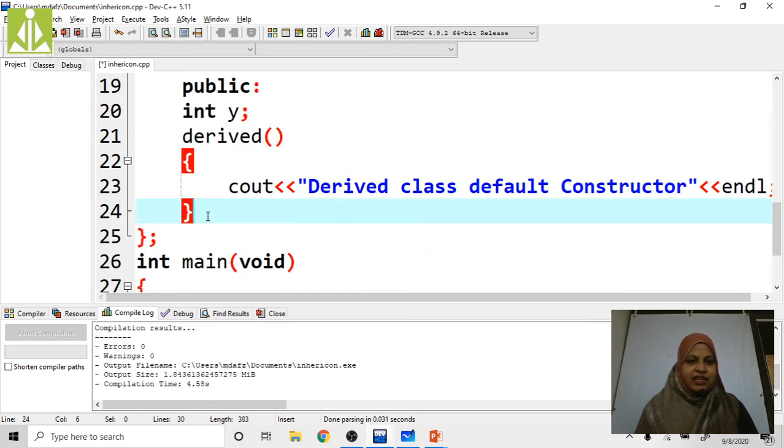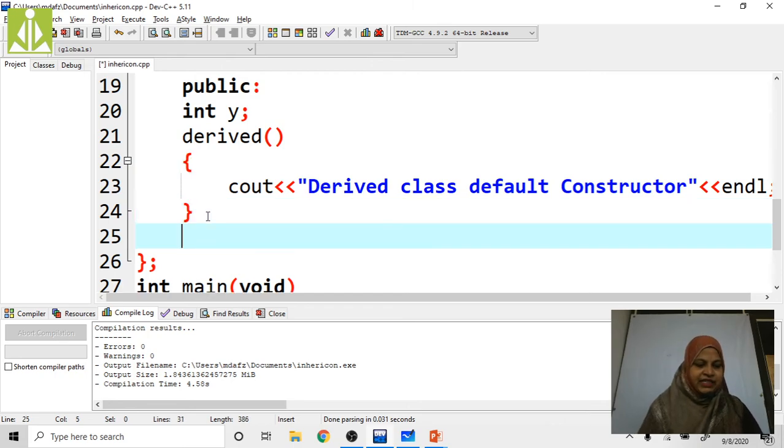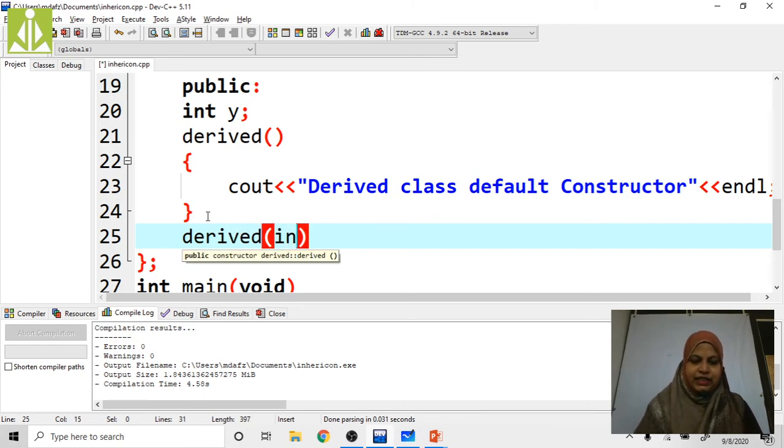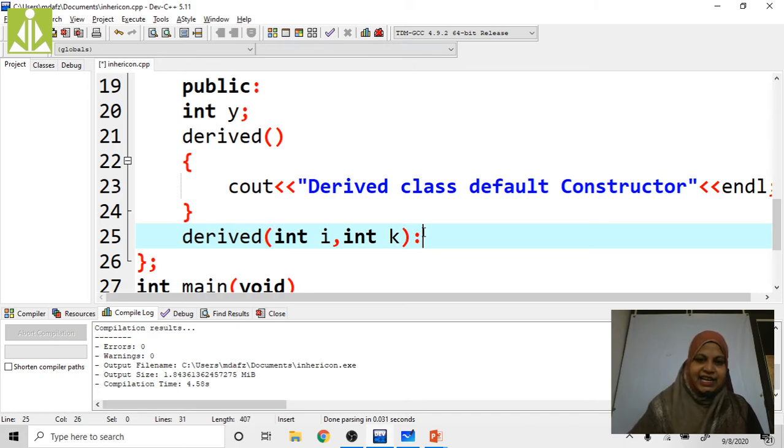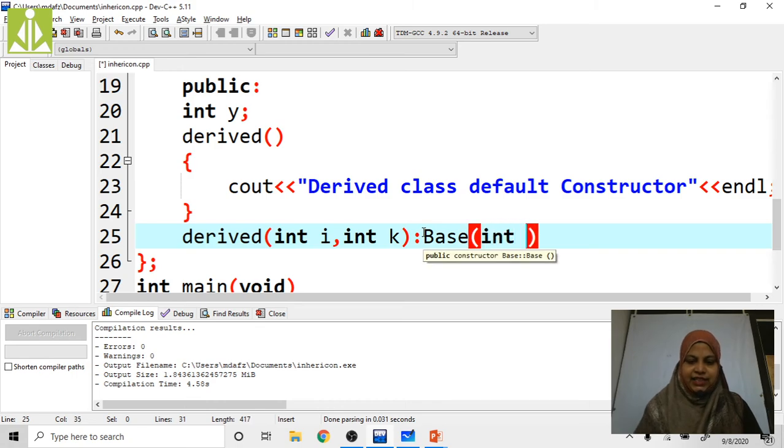Here in the derived class also I am going to define one derived class parameterized constructor. Derived(int i, int k). Here I am going to call the base class constructor, Base(int k).